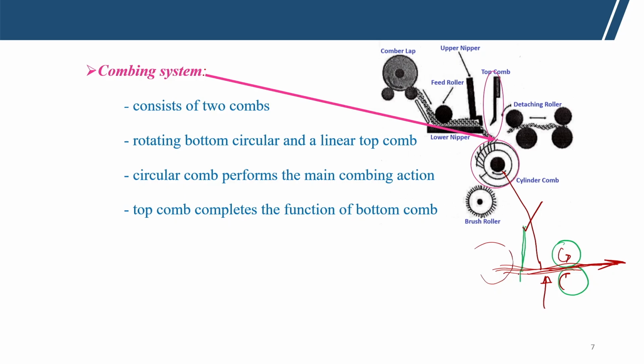During that time, whatever short fibers are present at the trailing end will be restricted. They will not actually be removed, they will be restricted. Here we have the actual comber lap, and at the leading part the short fibers, whatever neps are there, impurities will be